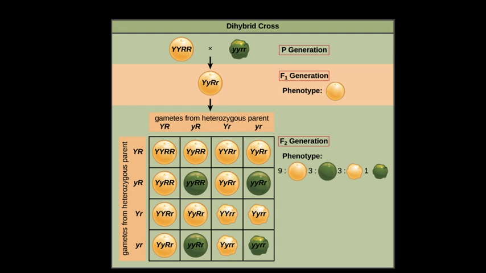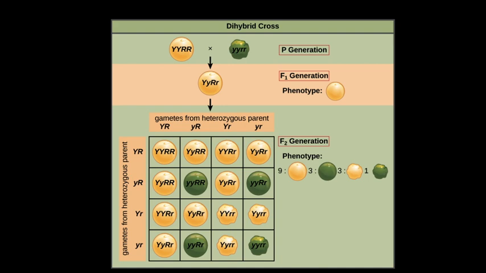Such a cross which involves two pairs of contrasting characters is called a dihybrid cross. For the dihybrid experiment, Mendel crossed two parent pea plants, one of which was homozygous for round and yellow seed. It means we take the genotypic character. For round we take capital R, and for yellow we take capital Y, and for the other, wrinkled and green seed, we take the small letter for the previously dominant character. It means for wrinkled we take small r, and for green we take small y.